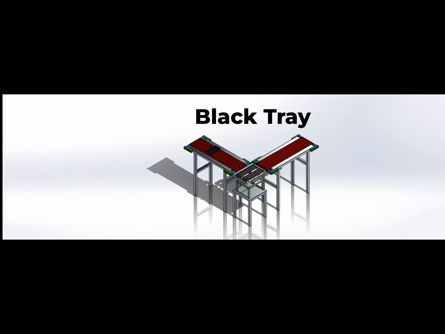Now you can see the black tray is coming along the left-hand conveyor, and it will reach our conveyor project. So when it goes over, the LDR will send a signal to the microbit, and because it's the wrong color, we don't want it. The tray comes off the conveyor belt and does not continue on throughout the process of